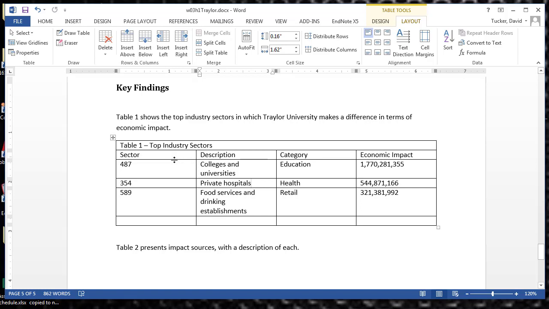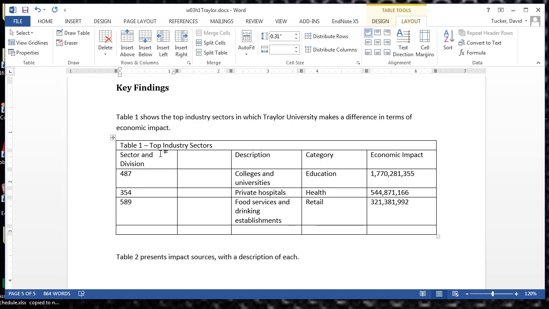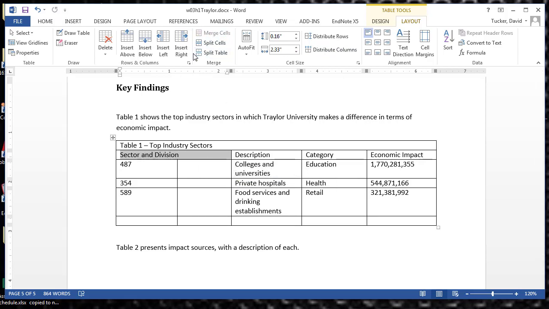And then I need to insert another column to the right here. Again, I should have done that first, but I'm going to merge these now. So this should be sector and division. And I'm going to merge, so I just click my mouse and select the two, and I merge. Okay. And they want us to type in some data,